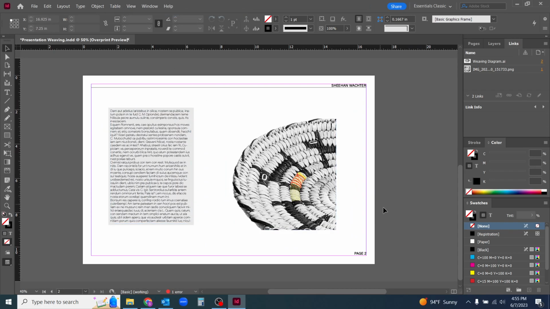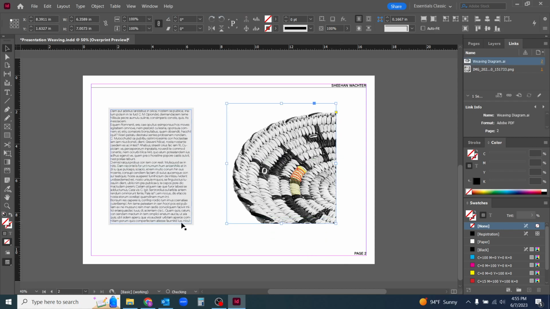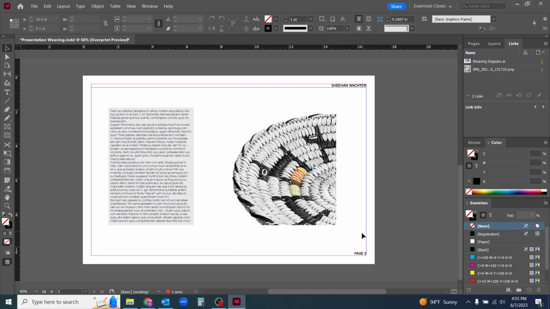And I'll turn on overprint, and there we go. So right away, I'd probably want to line that up with that, right? I guess I should point out, the other thing you can do is you can create guides in InDesign. So I have my guides turned on. By default, it's going to tell me where the center lines and corners of my page are. But I can also place my own guides. For instance, if I wanted to line up the bottom of that gray rectangle with my images,